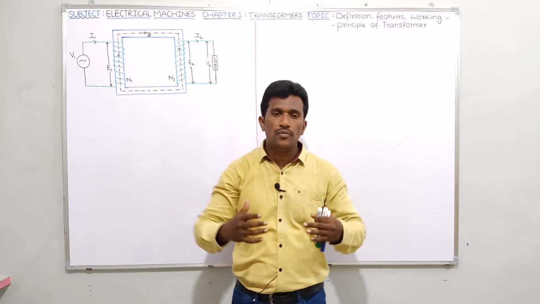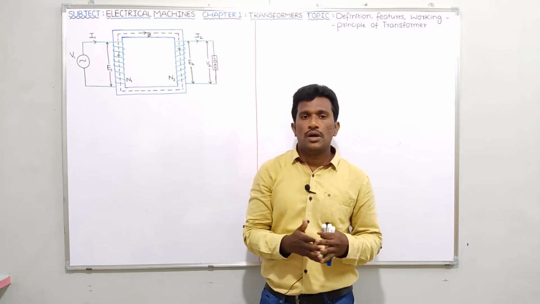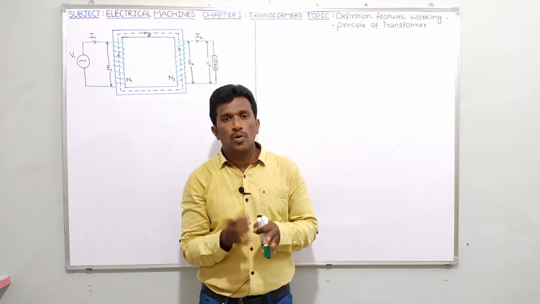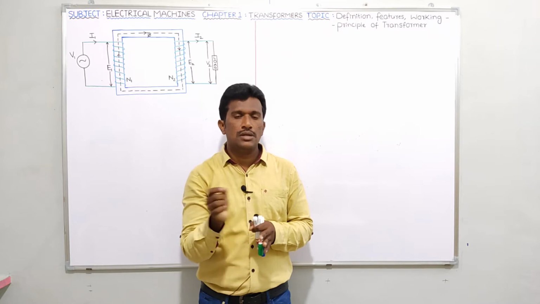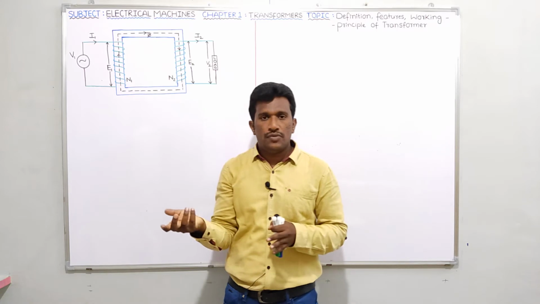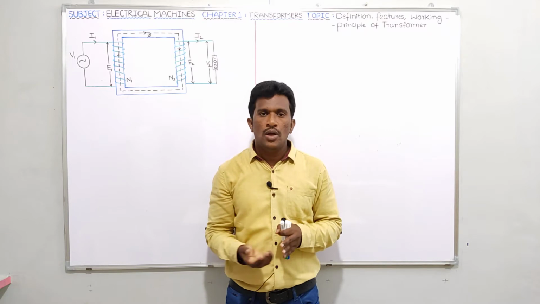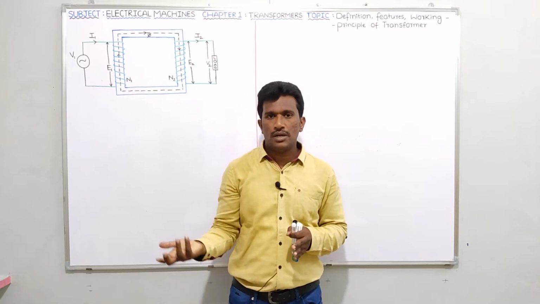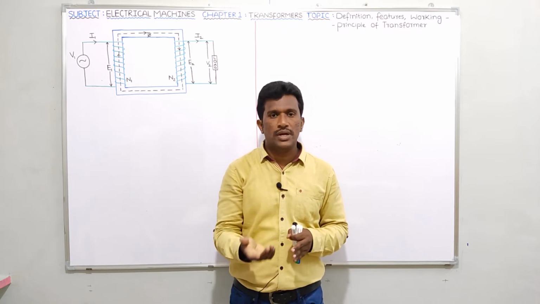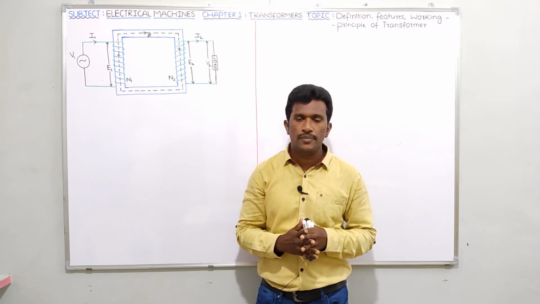Anyway, in our discussion we will be using terminology like primary winding and secondary winding. But from the examination point of view, please remember you should go for low voltage winding and high voltage winding, because in some exams they may ask for 1 mark, what is the correct nomenclature for windings in a transformer? Option A they will give low voltage winding, high voltage winding. Option B they will give primary winding, secondary winding. Among A and B, option A is correct. But in our discussion we will be using primary winding and secondary winding, no problem.